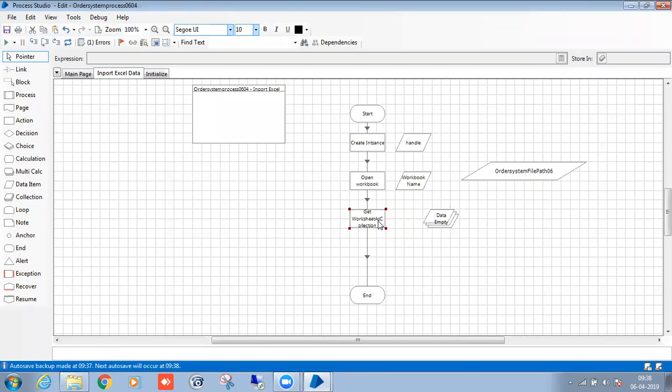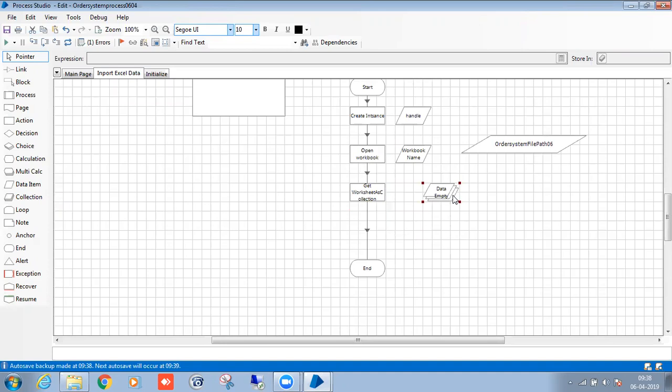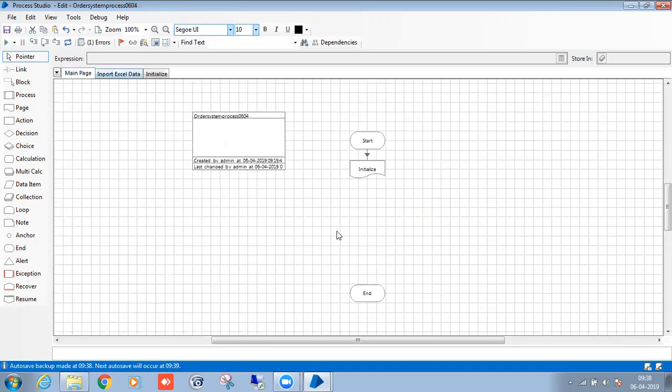Suppose your requirement is that you have to get a different Excel file, then you can close this particular instance. My requirement is that I need to update the same Excel file, that's why I'm not closing this instance. So here I will get the data. After getting the data, I need to pass it to my main page, because after that I need to interact with the object studio, right?